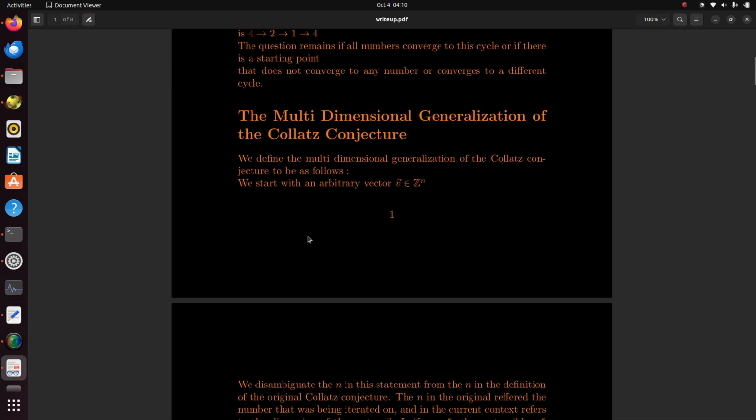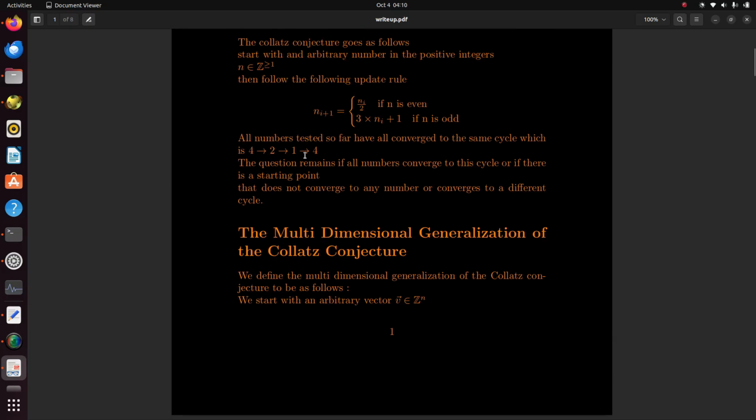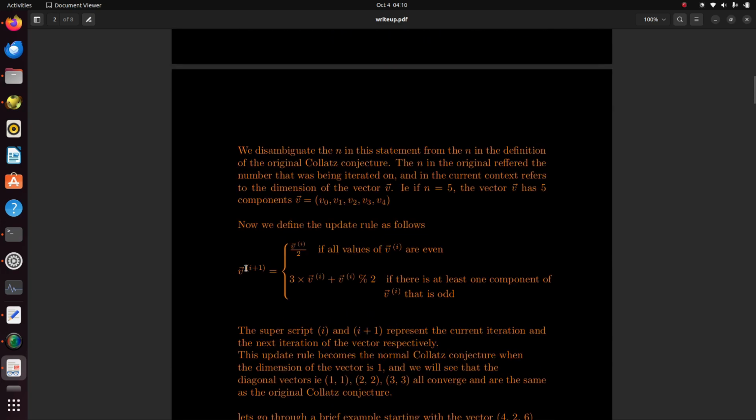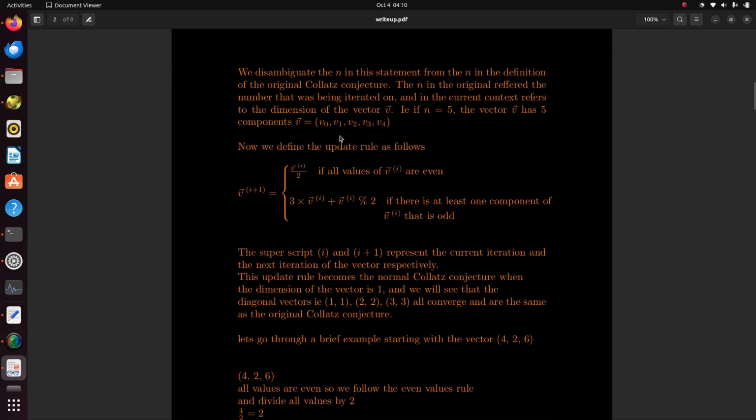And so the update rule, like the normal Collatz conjecture update rule, is: we look at the values of the vector, and if every value is an even value, so it's divisible by 2, we just divide every value by 2. Fairly straightforward, and then that becomes the next vector. But if there's even one value that is not divisible by 2, that's an odd value, we multiply every value by 3, and then we add that value